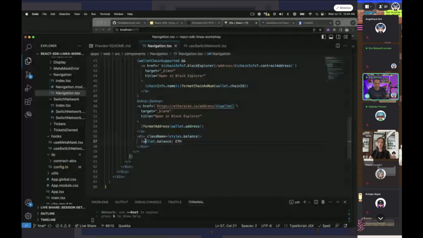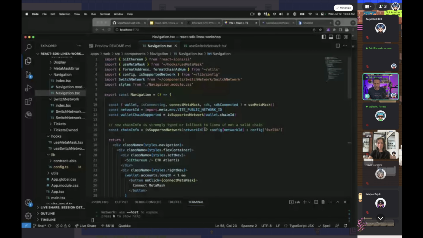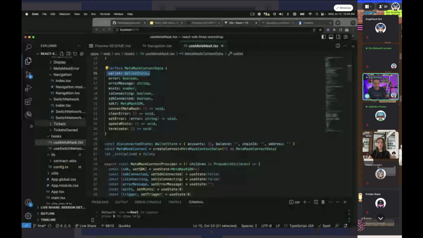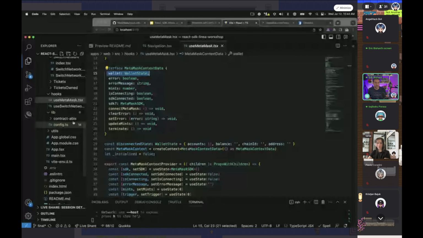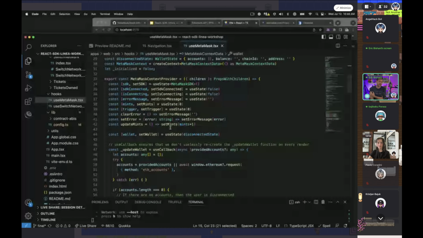Now, since all of these, the address, the balance, the chain ID, all come from wallet, if we go take a look at wallet, this is the wallet state, right? And this is part of our MetaMask context data. In React, there is this concept of a context provider. I think if you have experience with React, a lot of this file will make sense. If not, just know that the main thing we're doing in here is making sure that we have some basic